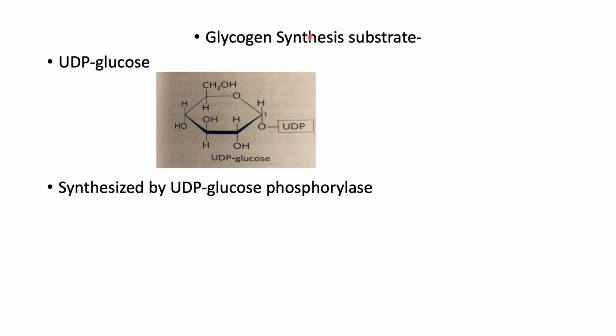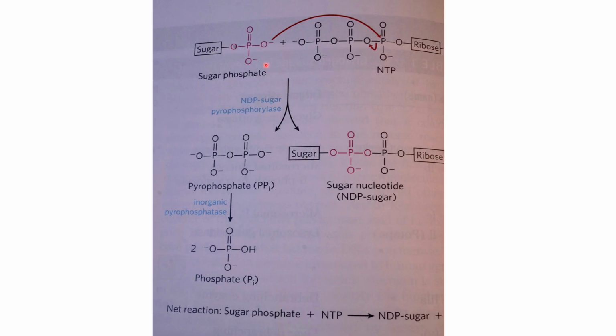So the glycogen synthesis substrate is UDP glucose. Glucose is attached at the number 1 carbon to the UDP, and it is synthesized by UDP glucose pyrophosphorylase. And this is an example where you get sugar and then the particular NTP. This can be any nucleotide, adenine, guanine, and you have the sugar attached with a pyrophosphate